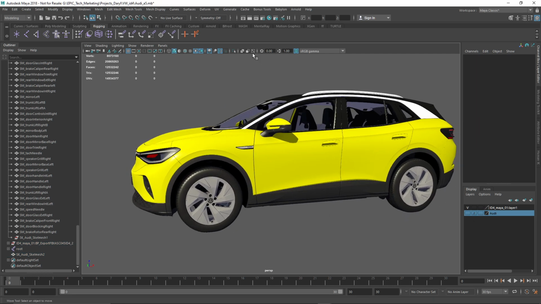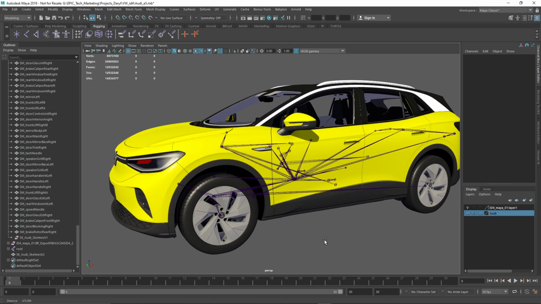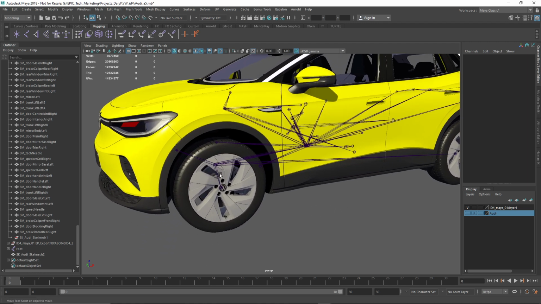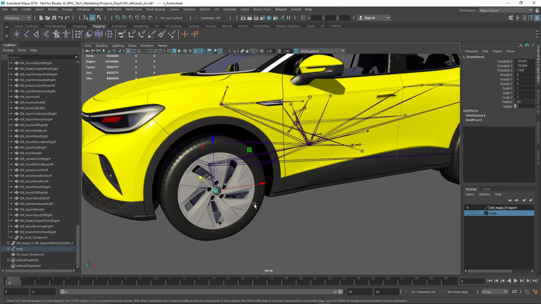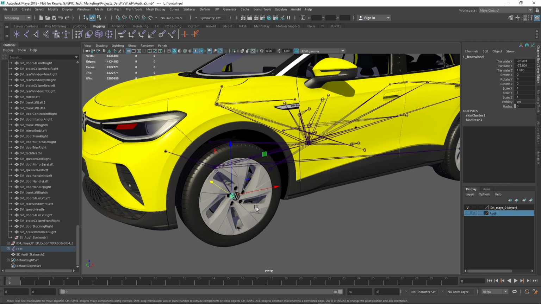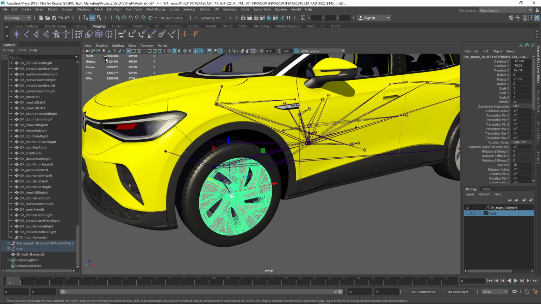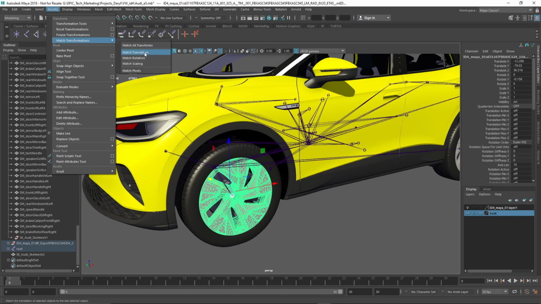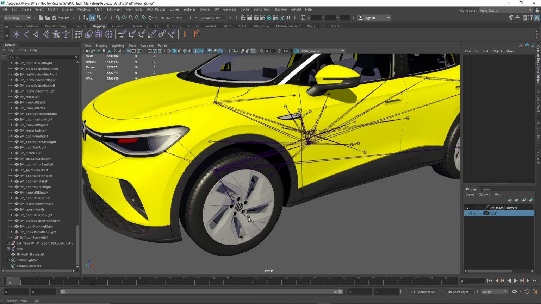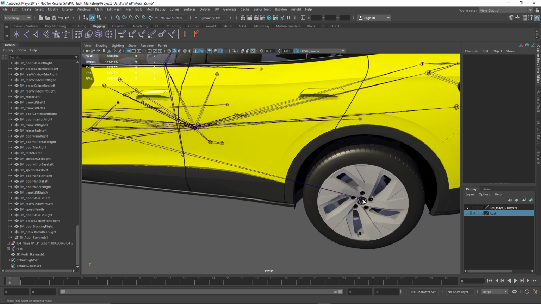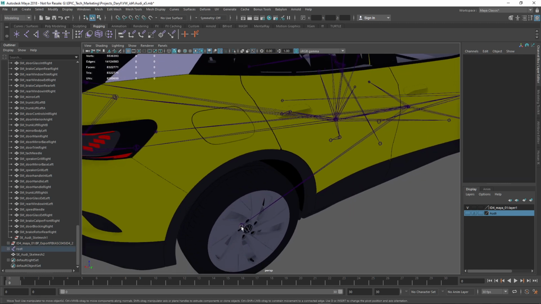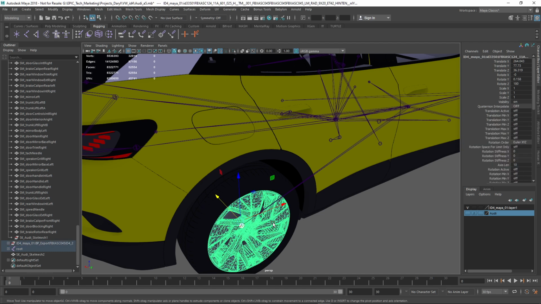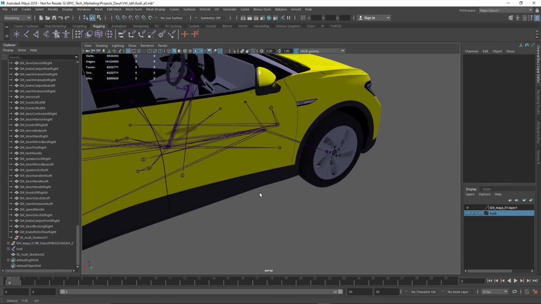So we've got this skeleton inside of here that came across that was originally set up for the Audi, and we want to change its fixed points to match the pivot point of that wheel. So it's really simple. Just grab that node, hit my up arrow key to jump up one level, hold down my shift key to add to my selection, and then we're going to run a Modify, Match Transforms, Match Translate. And as soon as I do that, you can see that pivot point now jumped up. So I'm going to do this for all the wheels really quickly. Again, just holding down my shift key to add to the selection and then using my G key to repeat my last function inside of Maya. So up arrow key, shift, G, just takes a second to do this.